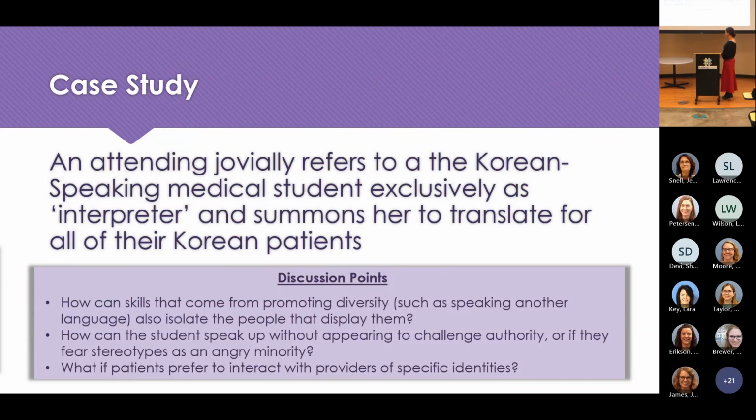So how can skills that come from promoting diversity, such as speaking a different language, also isolate people that display them? How can the students speak up without appearing to challenge authority or if they fear stereotypes as an angry minority? What if patients prefer to interact with providers of specific identities?